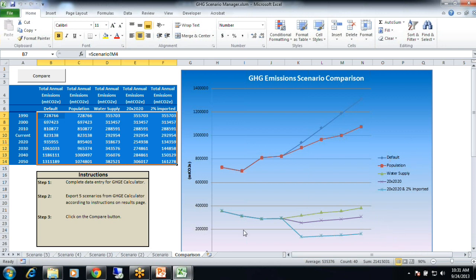So the default, if you'll remember, was using just population data, and all the rest of it was Southern California default data. So for most areas, that would be pretty good. But like I said, for Orange County, it's not very good because they have such a high portion of groundwater. So that's the big jump between this set and this set. Up here, the default data is just kind of plugging along, and it's the highest one because imported water is much more energy intensive than groundwater. So then we changed the population projection, if you guys remember.